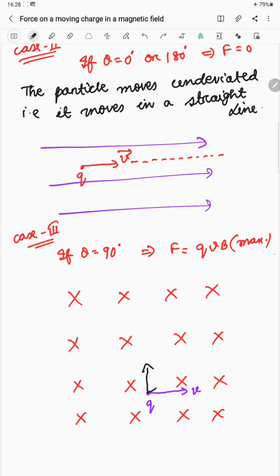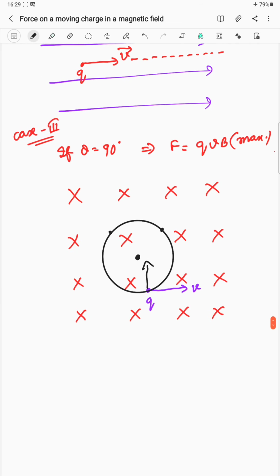If it is 90 degree, then the path of the charge q will be circular, and the force will always be towards the center. You take any point and check. You'll see every time the force will be towards the center. So for theta equal to 90 degree, what we can say is that the particle